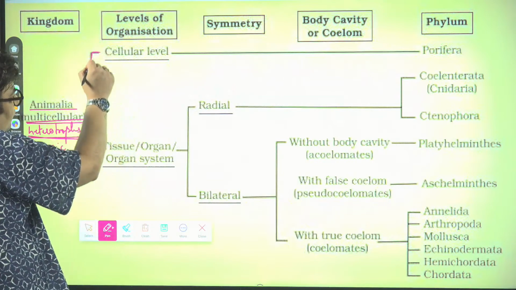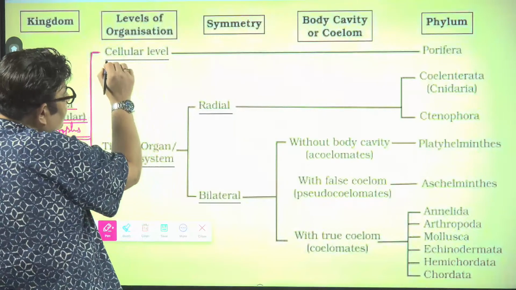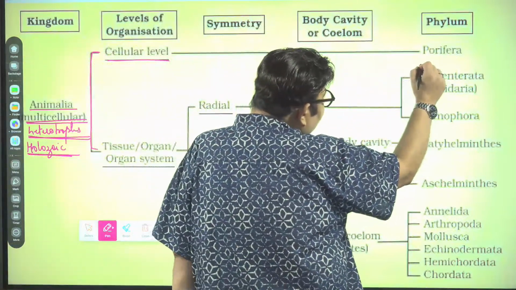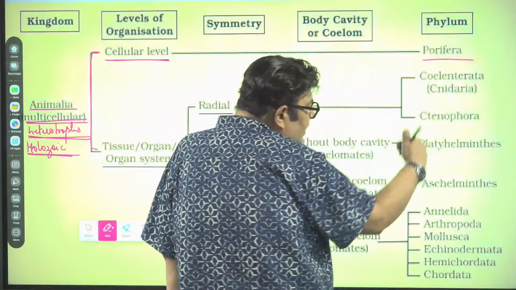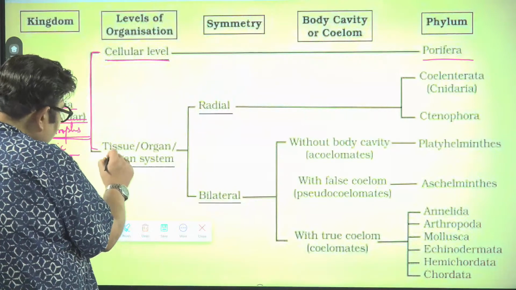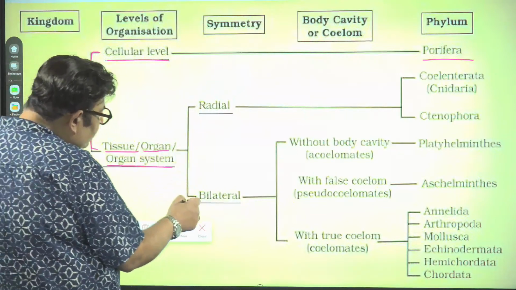On the basis of the level of organization, we can divide them. So we find a cellular level, with only one example, phylum Porifera. The remaining 10 phyla are in the group which have tissue, organ, and organ system level. The next we have used here